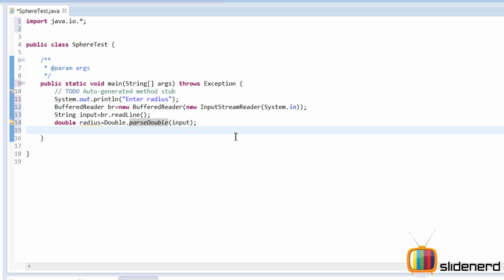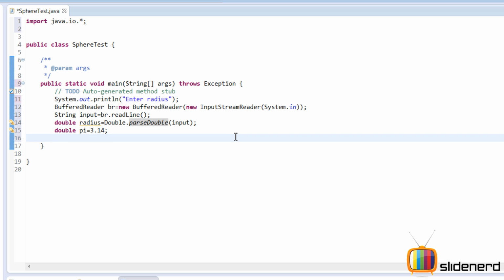Now we have everything we need. We just need pi over here. Pi is say 3.14, and we need to calculate it, saying pi into 4, I guess 4 pi r square, so radius into radius, and we store this in area.